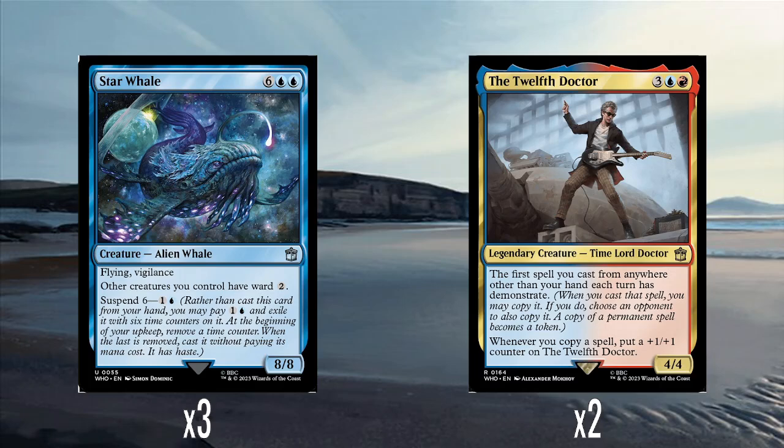So Demonstrate is when you cast the spell, you can copy it, and if you do, you choose an opponent to also copy it, and a copy of a permanent spell becomes a token. So we're going to be doing a lot of casting spells from anywhere other than the hand because suspend spells come in from exile. So that means what we can do is Star Whale, we can demonstrate it, which means we